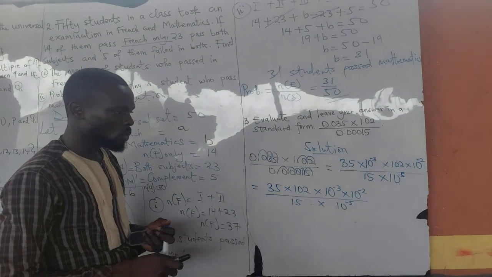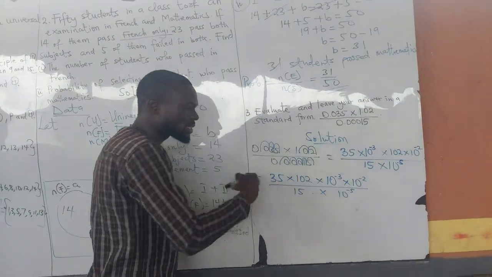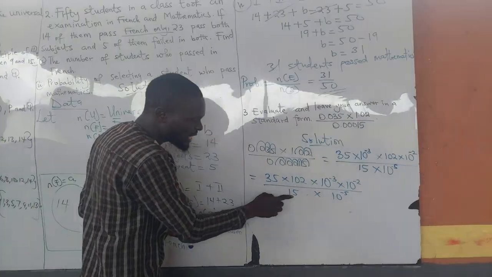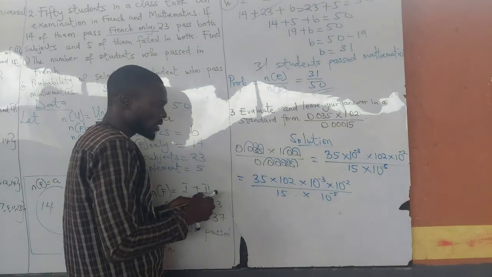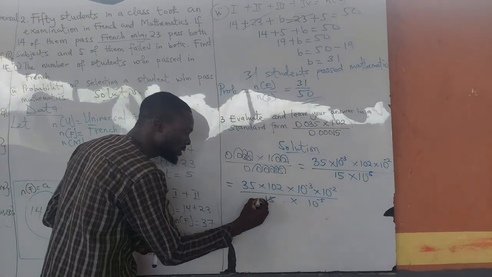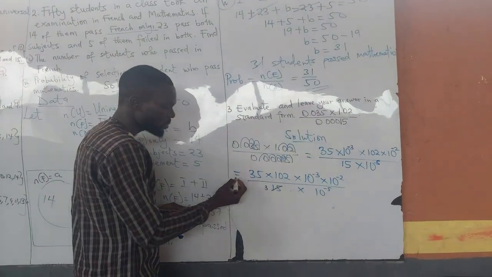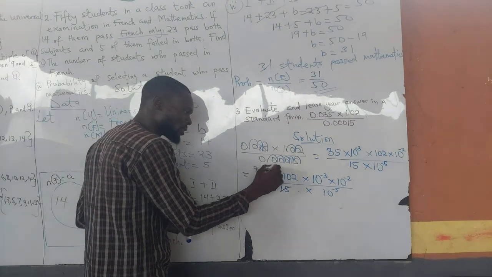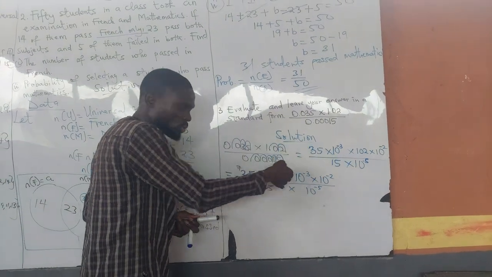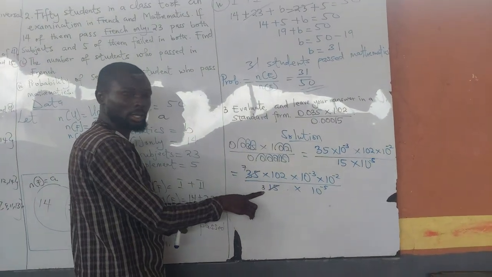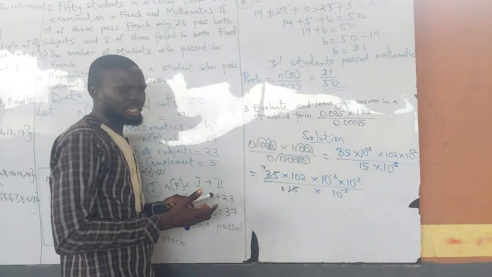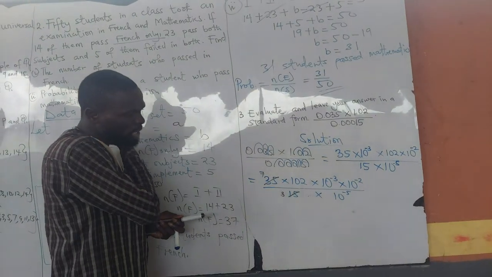From here, what do we do? We can simply cancel out. Let's see if the cancellation will be simpler. What can divide 15 and divide this? 5 will go into itself, 5 will go into 15 3 times, and 5 will go into 35 7 times. Now you have 7 times 10^2 all divided by 3. This 3 can simply cancel out 10^2. How many times? It will cancel 10^2. That is going to give you